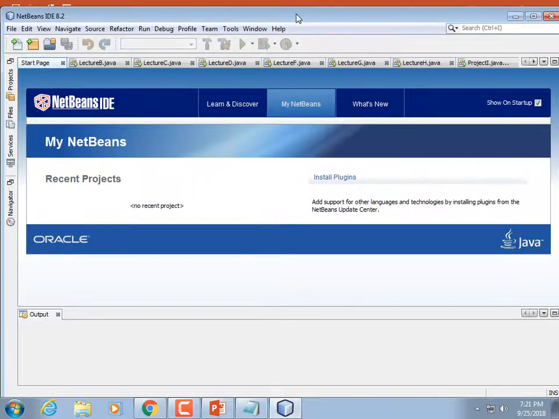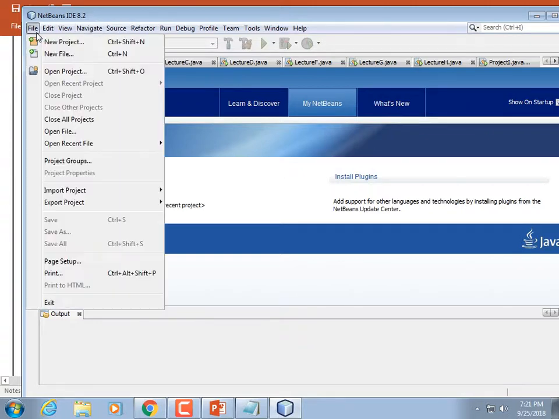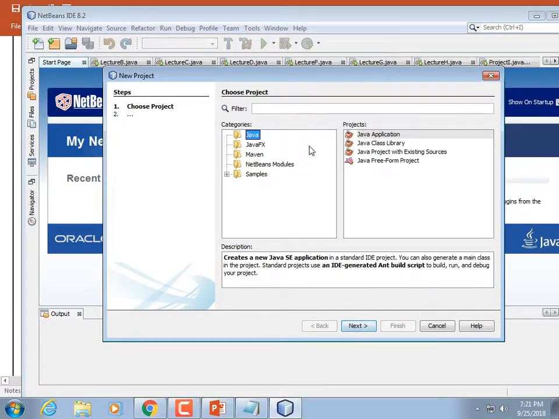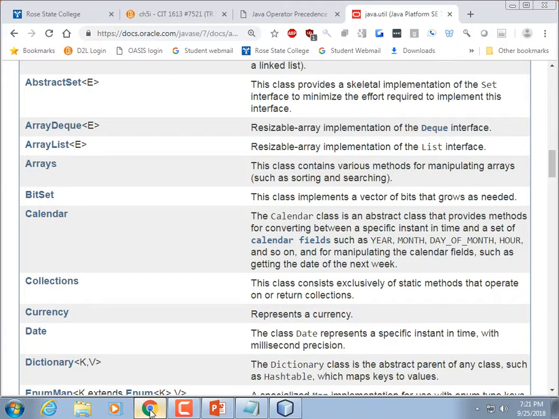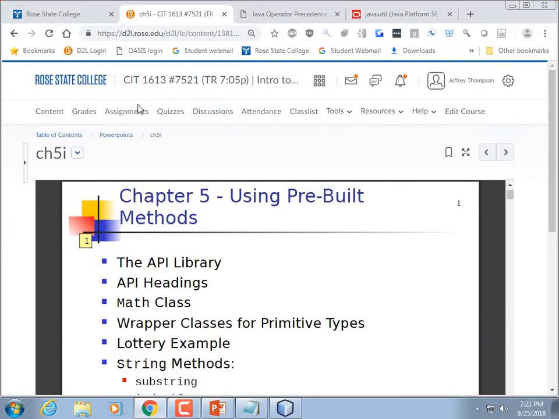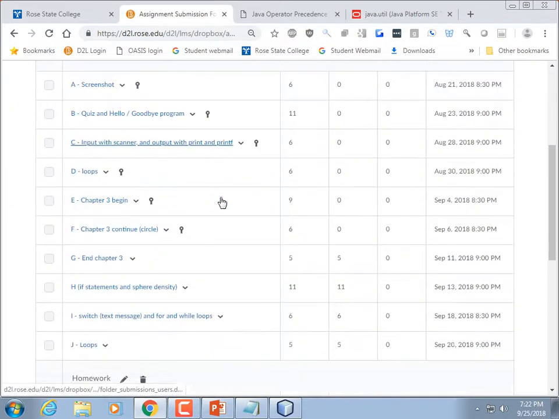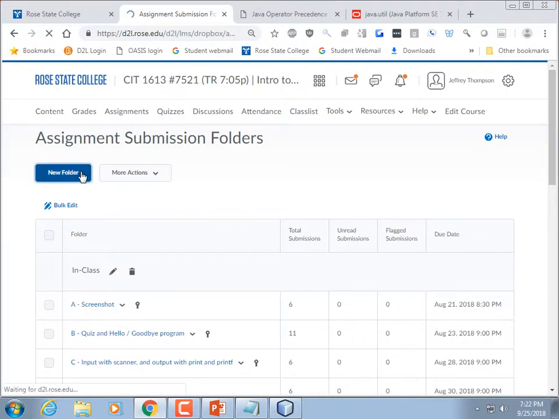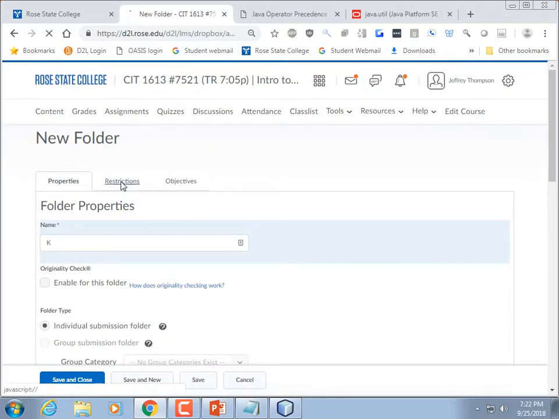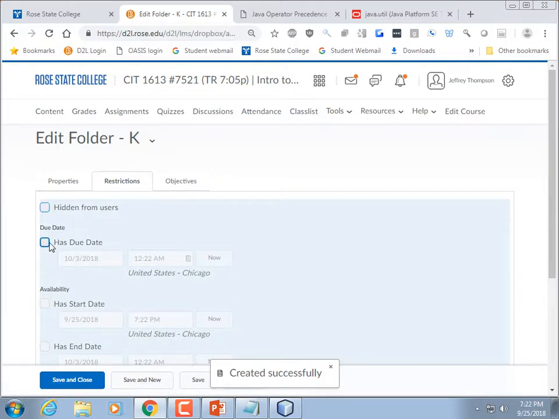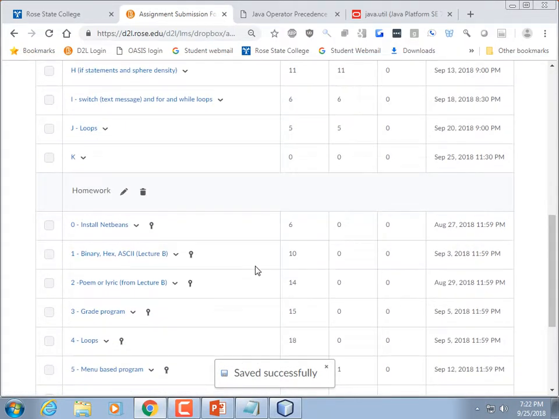So if I'm typing some code in, new project time. Are we on K? I think we're on K. Make absolutely sure of that. In fact, while I'm thinking of it, I'm going to make that folder right now. All right, so that way I don't have to remember to do it at the end of class. Anyways,